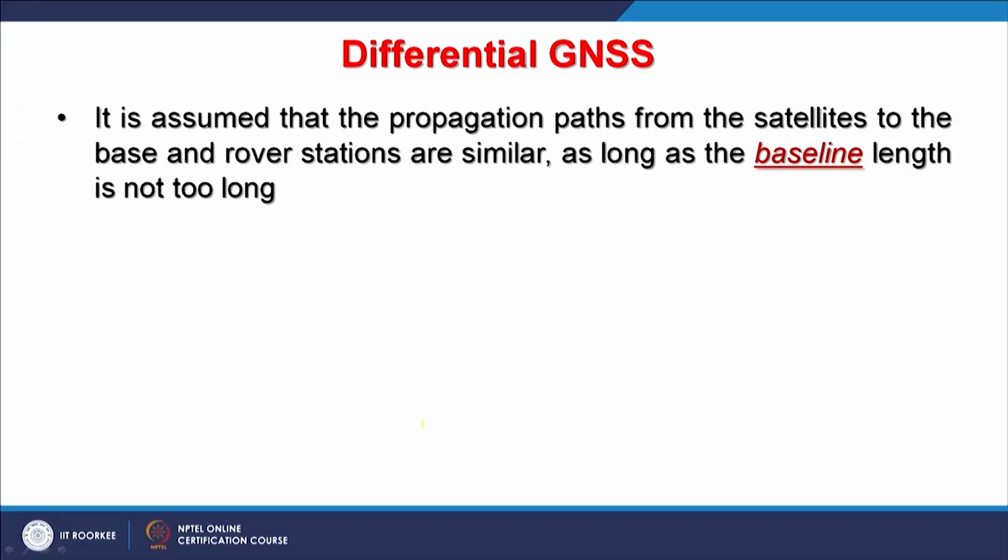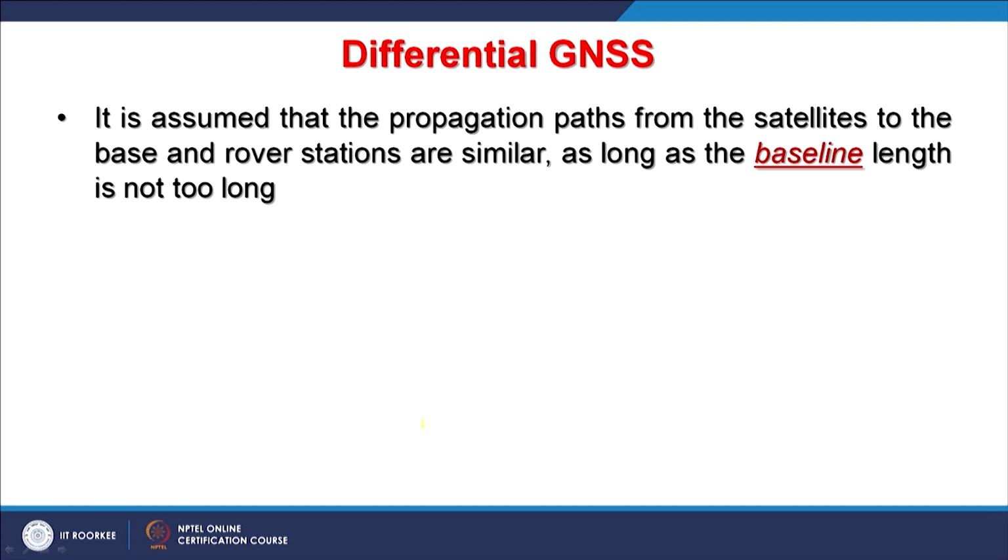Now, in differential GNSS, it is assumed that the propagation paths from the satellite to the base and rover stations are similar. As we have been discussing, both receivers, base and rover, should receive signals from the same set of satellites.